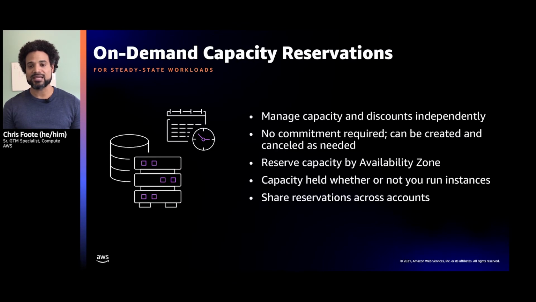And you can combine Savings Plan with on-demand capacity reservations. So these are also created for steady state workloads. On-demand capacity reservations enable you to reserve compute capacity for your Amazon EC2 instances for a specific availability zone for any duration. You have the ability to create and manage capacity reservations independently from the billing discounts of savings plans or regional reserved instances. There's no commitment required, and you can tailor make this to a particular AZ or share